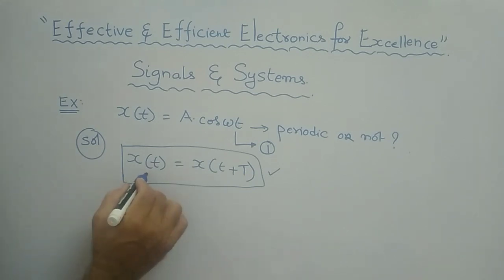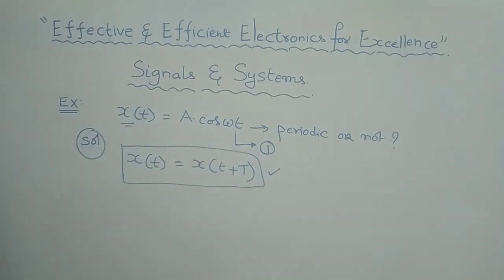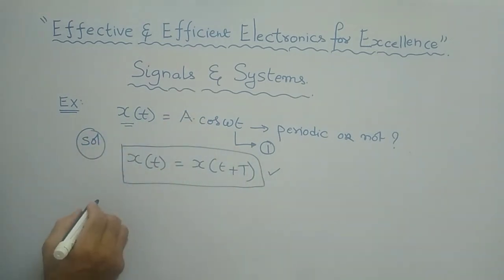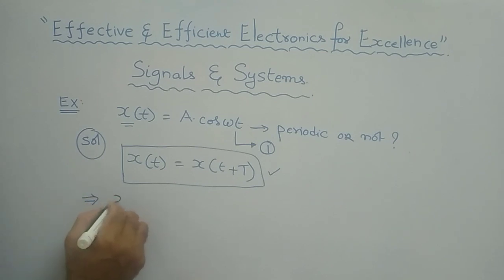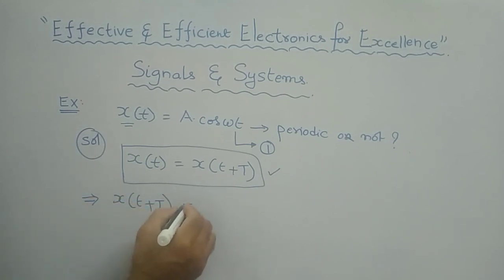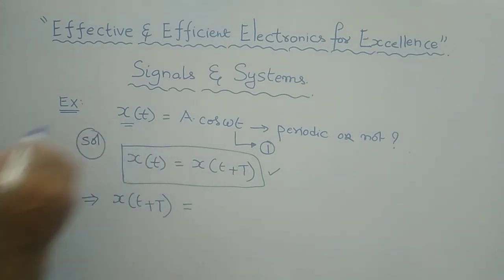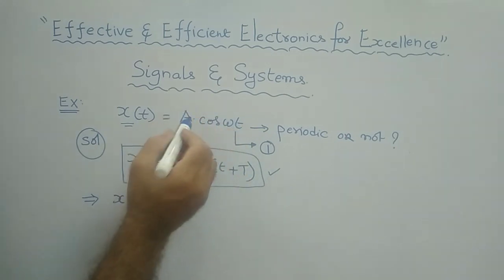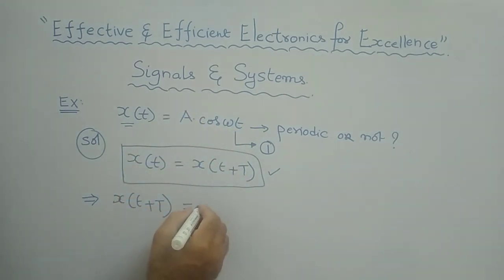Well, x of t is already given. This x of t is nothing but a cos omega t. Now, I need to find out what x of t plus T is. So, x of small t plus capital T is nothing but, in the given x of t, wherever t is there, you simply substitute t plus T. That is nothing but a cos